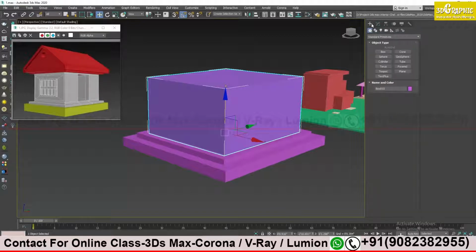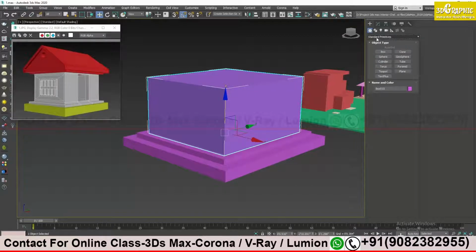I go to my Create tab, and what do I have? Create... you tell me. I can do it with the help of a box, but then I have to take an editable poly. Sphere, cylinder, torus, text, cone, geometry. There are some more shapes. It's not just whatever you are seeing over here.